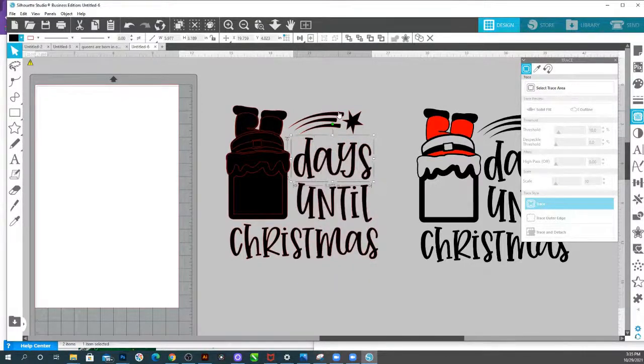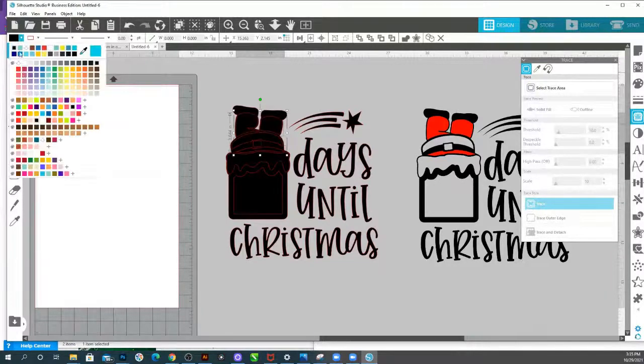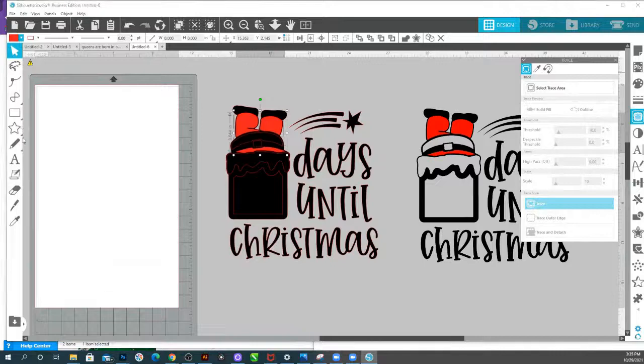Maybe I don't want my stars. I want to make those different colors. I'm not going to make those a compound path. But now his clothes, I can hold down shift, click on an element, hold down shift, click on the other one, click on the red, and I can make that red. If you're doing this for sublimation, which we're talking about sublimation, you can sample this red,